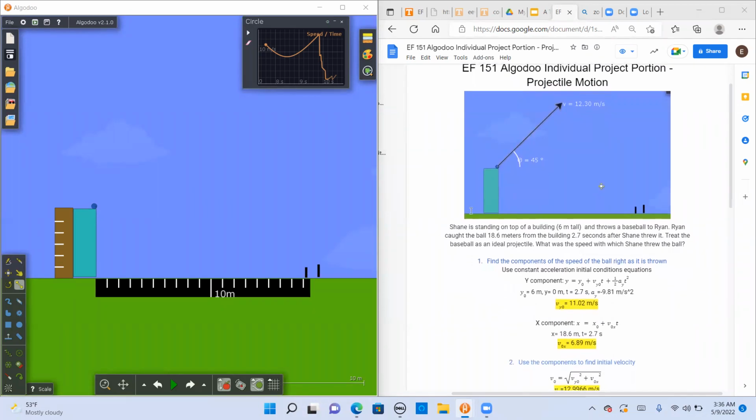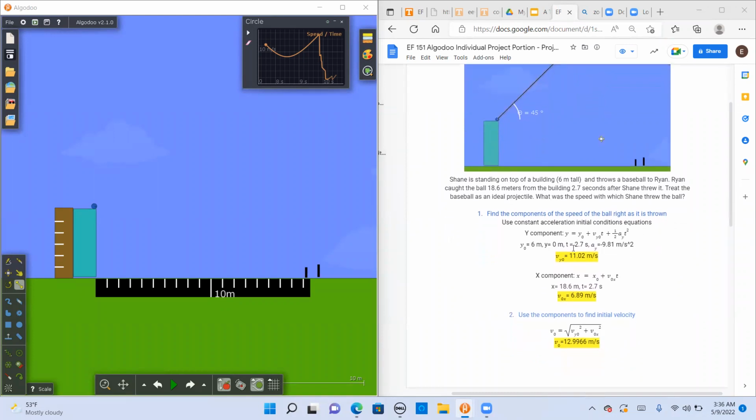First of all, the problem is: Shane is standing on top of a building, 6 meters tall, and throws a baseball to Ryan. Ryan catches the ball 18.6 meters from the building, 2.7 seconds after Shane throws the ball. Treat the baseball as an ideal projectile. What was the speed with which Shane threw the ball? So finding that